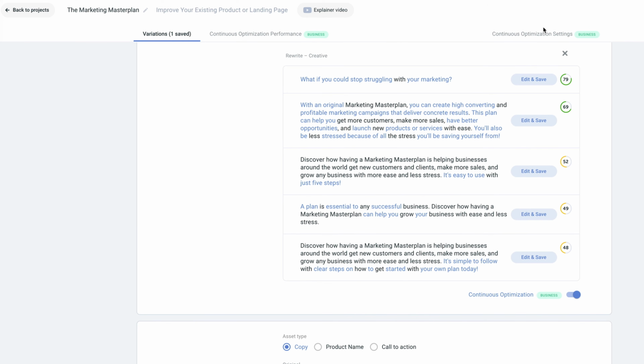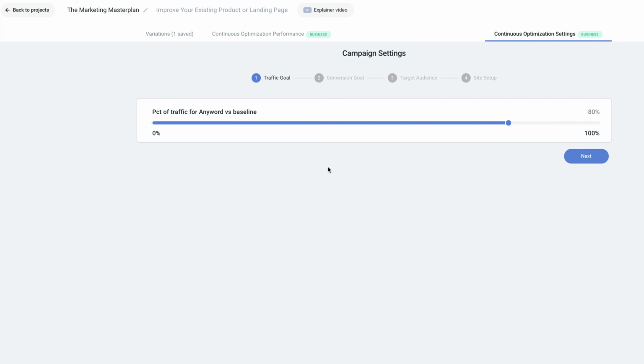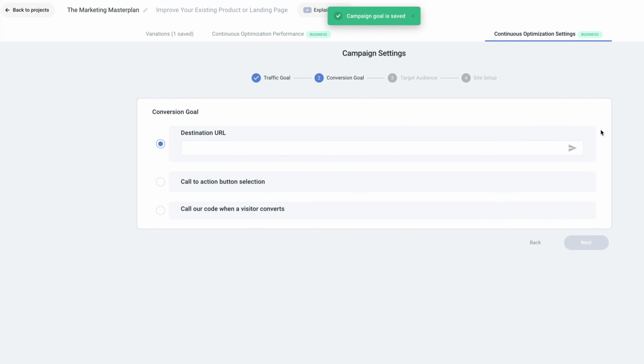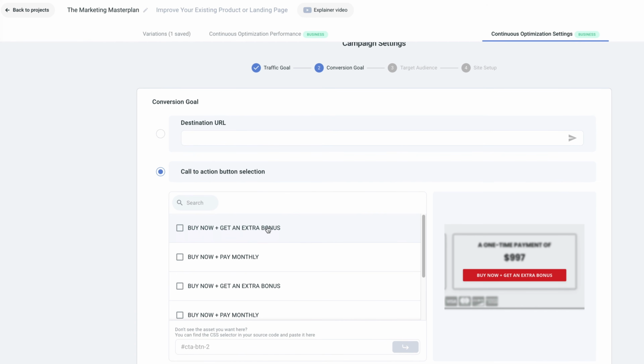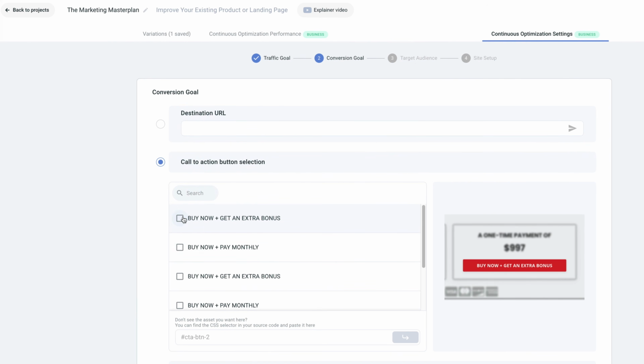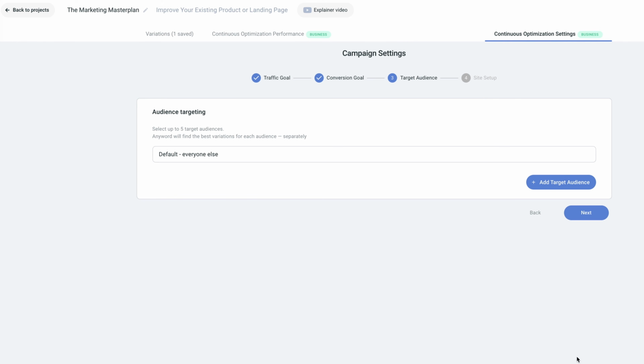Now, in order to do that, we want to come over here to this continuous optimization settings and start going through the process of setting these up so that it has the information it needs in order to do so. So setting up a conversion goal is important because this is what is going to tell you, as well as tell the software, which page is converting better. So it can start to mark that as the winner or drive more traffic that way. So you can set it up through a destination URL so they visit a specific page if they click on different copy. You can set it up through a call to action button. So if they click a certain button, this is typically the ones that I like to recommend most, is setting it up either through a specific call to action or a destination URL. In this case, we're just going to say, we'll go with that one here and we'll go to next,